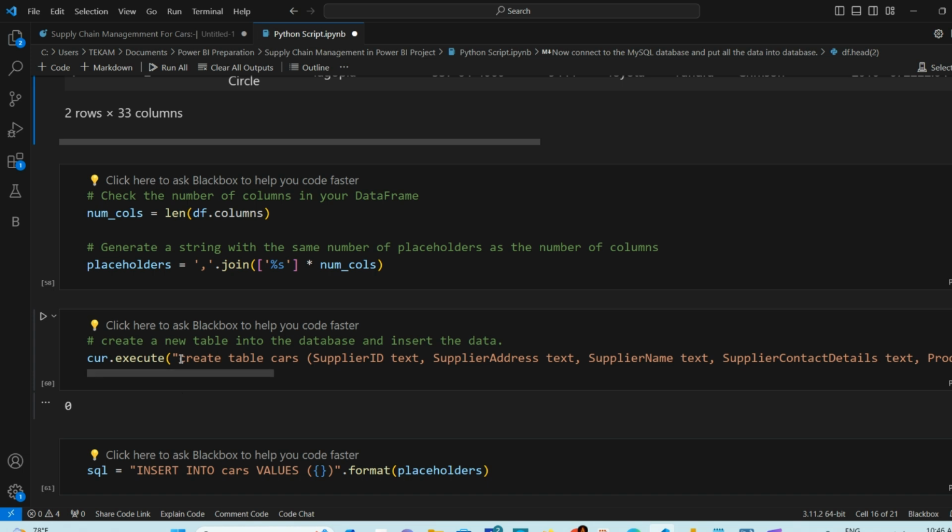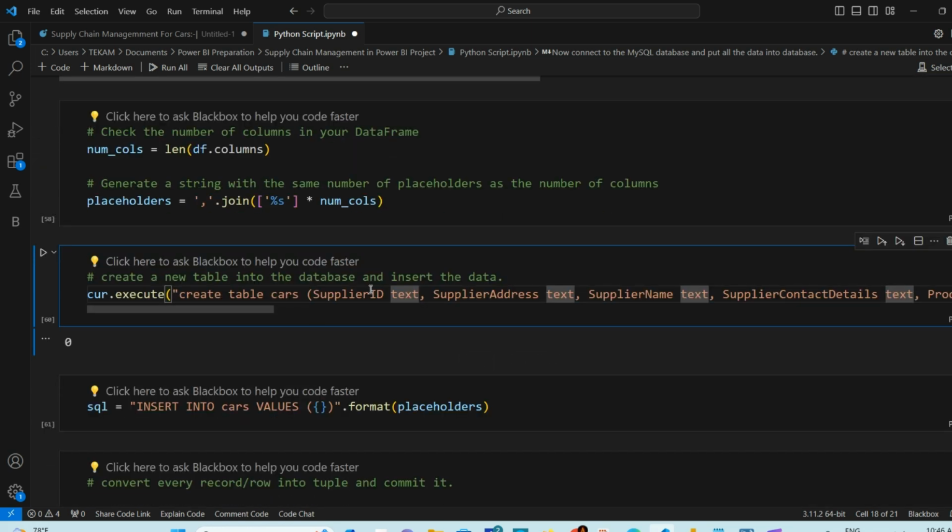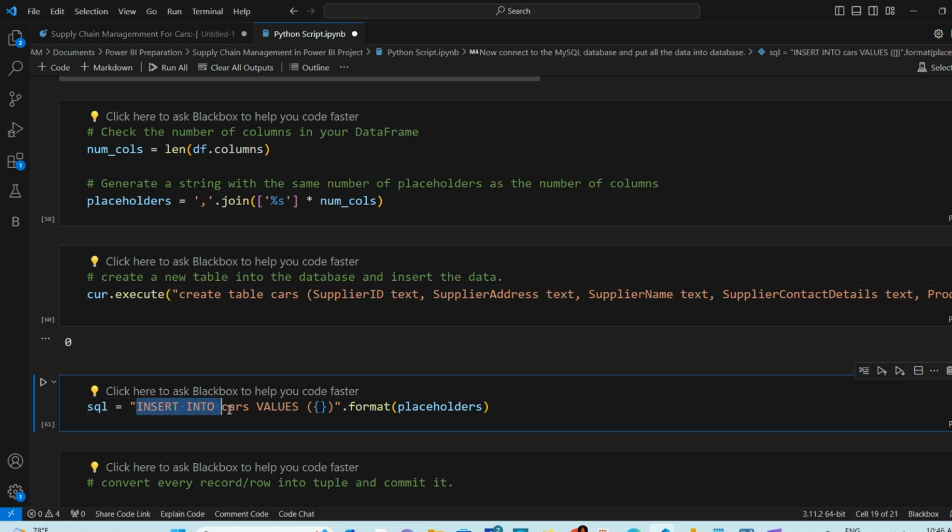You have to create a query, create table, and the table name. Cars is the table name. Create table, and you have to provide the columns with the data types. These are the 33 columns with their data types. Alright. Now, after creating the table, you have to put the values inside the table. For that, I have written a query: insert into cars values, and put all the values inside